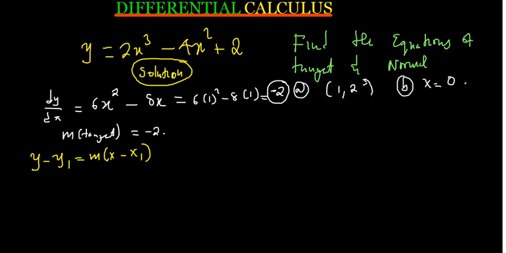Okay, so here we've been given this is the x value, this is the y value. Now I'm going to call this x1, I'll call this y1. So where there is y1, I'm going to replace that value. Where there is x1, I'll replace that value also. So I'm going to say y minus y1, you can see this is a 2, that is going to be equal to,